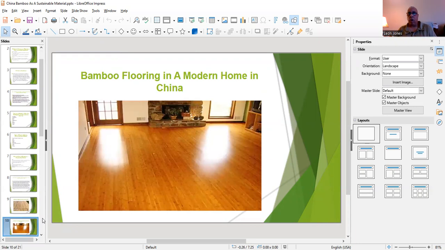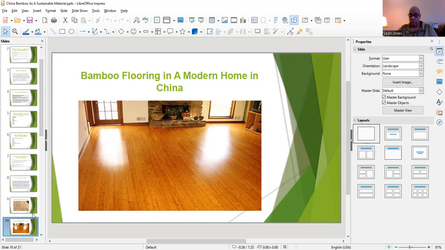Now, you go into a suburban area of China. This looks like hardwood. That is a floor made of bamboo. You don't see that here in the United States. And you don't see any knots. It's been treated rather well. Now, of course, you're going to have to send it to a plant to process it, but it is a good material,